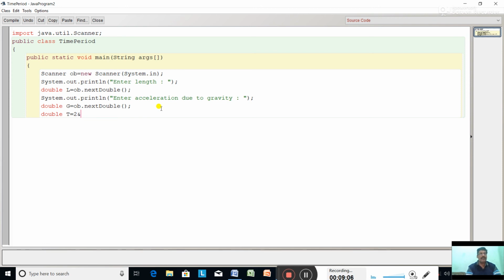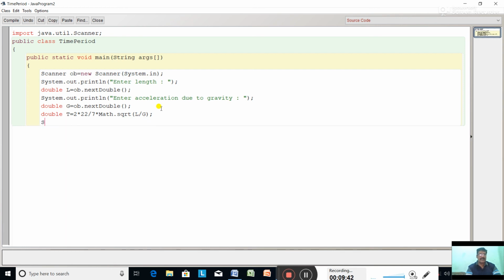So 2 into 22/7 into square root, Math.sqrt, bracket 1 by g. Here not 1, length by g. It is length by g. Close the bracket, semicolon.